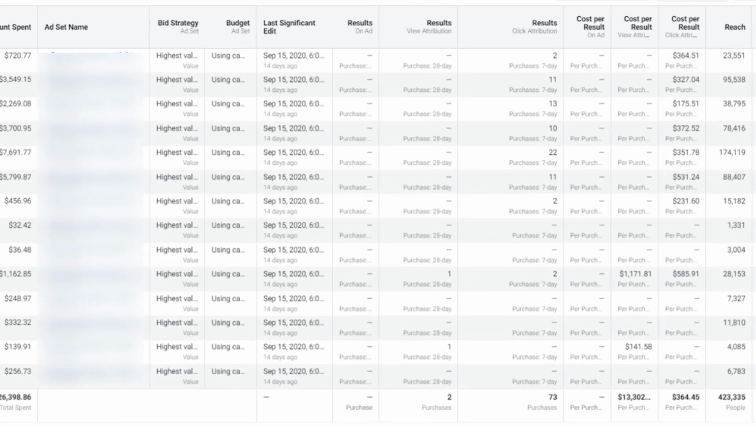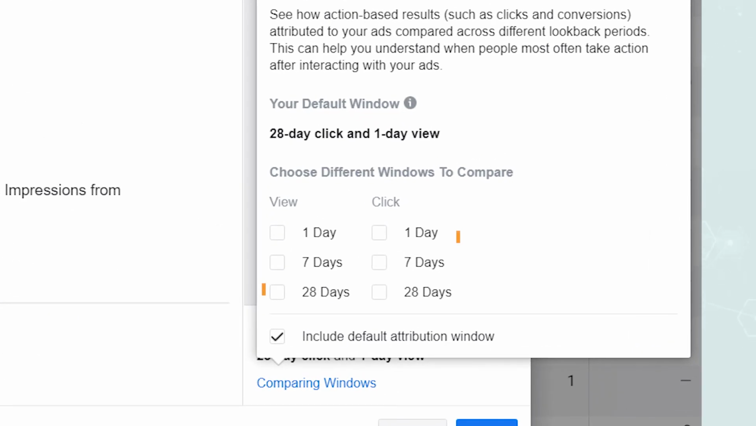So that's view through attribution. So now you understand the 2 different types of attribution. The other thing to understand is the attribution time frame. So when you're selecting your different attribution windows, you select your type and then you choose a time frame. So you can see in that screen where we're setting up our attribution window, we've got 3 different choices for